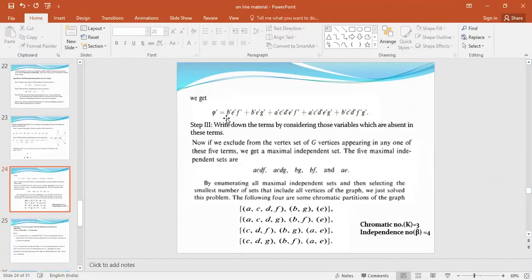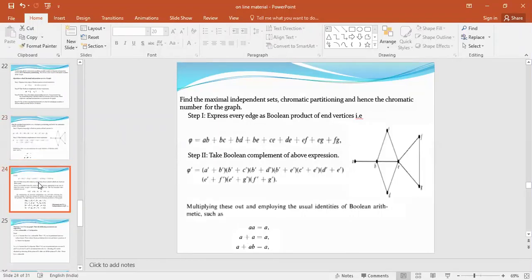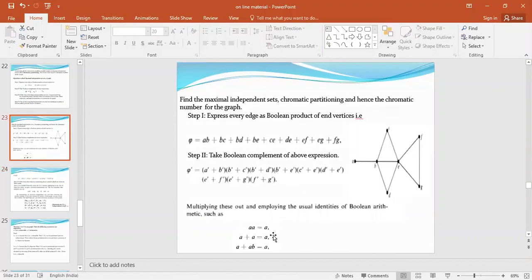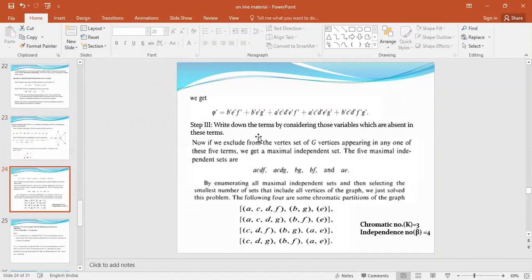So it provides results in this format. So we are getting phi dash equal to, from the product of those 9 terms, we are getting 1, 2, 3, 4, and 5 terms only. All the other terms are being absorbed in these 5 terms only. So the maximum time will be on multiplication of these terms. But I think you have learned in your earlier courses, so you can multiply, and you have to apply just these 3 rules. These 3 rules are sufficient. Then the third and fourth step. So what is this third and fourth step?